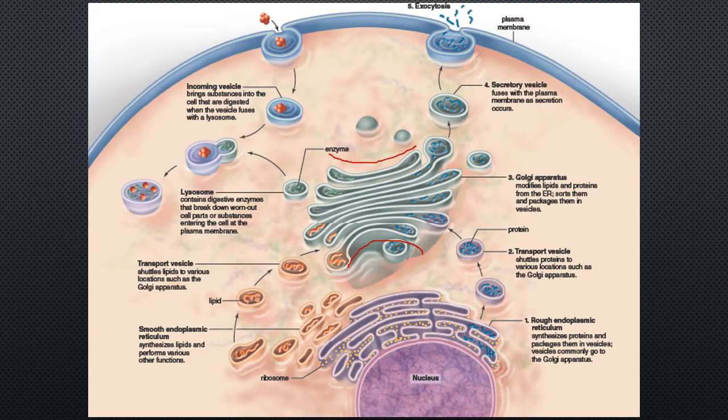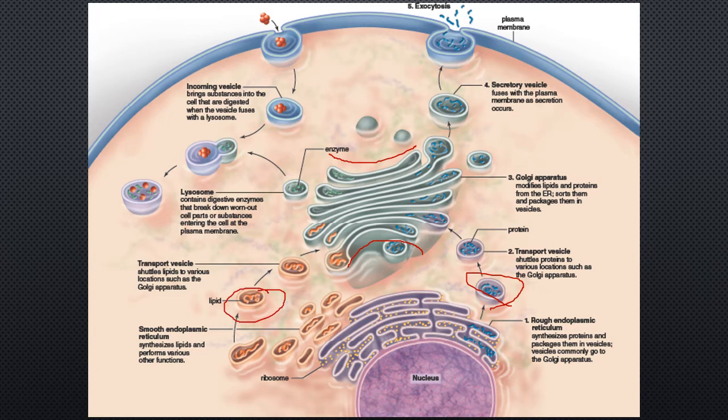So if we look at proteins that are coming from the endoplasmic reticulum, as well as lipids that are coming from the smooth endoplasmic reticulum, at the ends of their stacked membranes are these vesicles